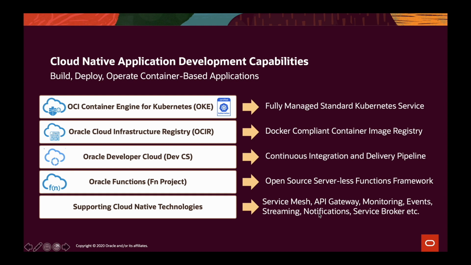The images of the cloud-native applications that you build using Developer Cloud Service can be stored on Oracle Cloud Infrastructure Registry and then deployed into Oracle Kubernetes Engine automatically using DevOps methodology. Oracle Functions is a serverless functions managed service that is based on the open source FN project. It is a completely managed service built using open standards. As it is open source based, there is no vendor lock-in. You can use the open source FN project on which this service is built and deploy the open source software